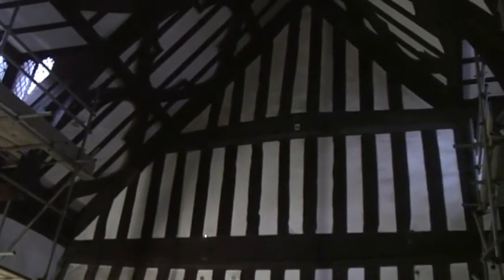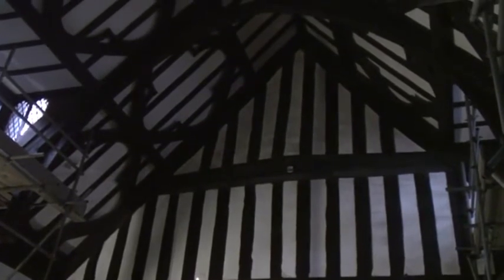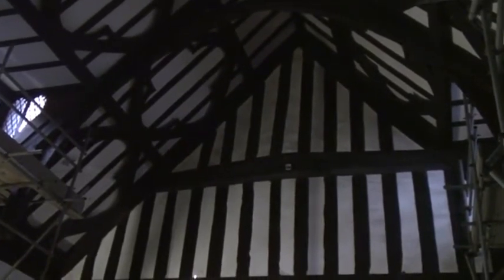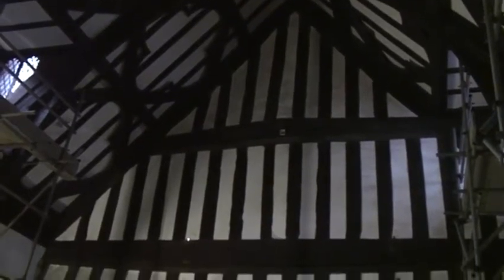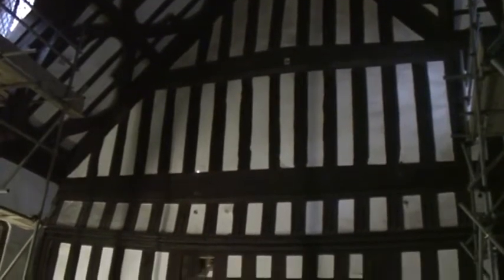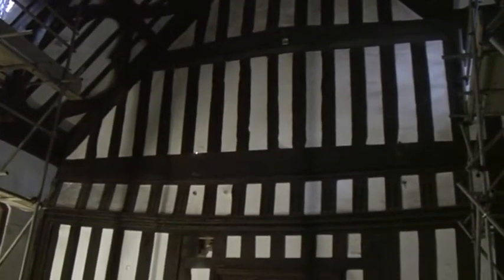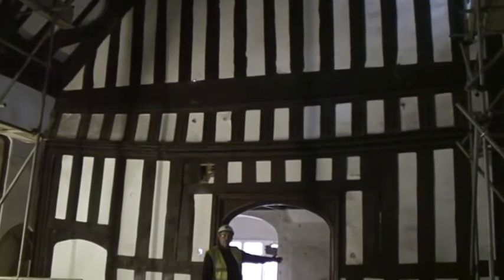A disastrous fire in 1917 burnt out most of the roof. A remarkable survival which ensures that this room is a most appropriate place to have the museum's medieval gallery in the new development. But its survival is even more remarkable when we look at what's behind us on the other side